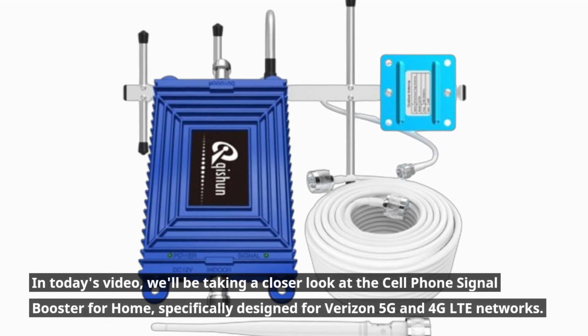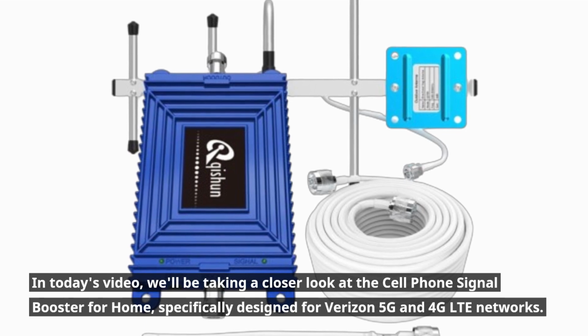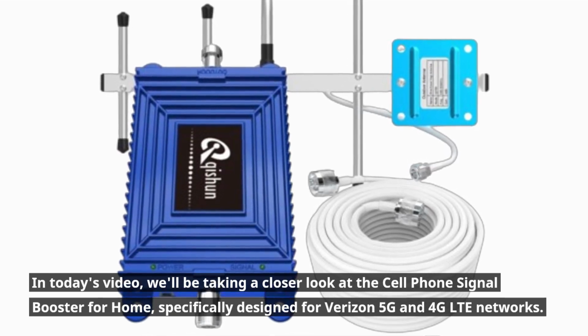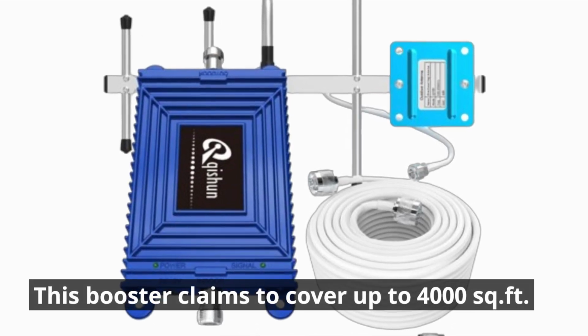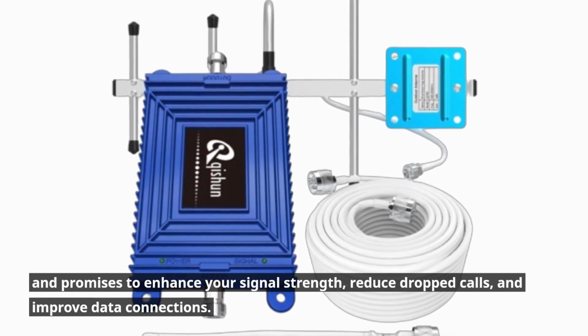In today's video, we'll be taking a closer look at the cell phone signal booster for home, specifically designed for Verizon 5G and 4G LTE networks. This booster claims to cover up to 4,000 square feet and promises to enhance your signal strength, reduce dropped calls,